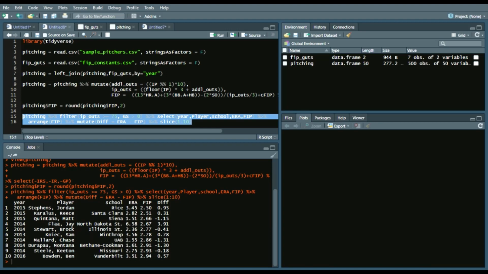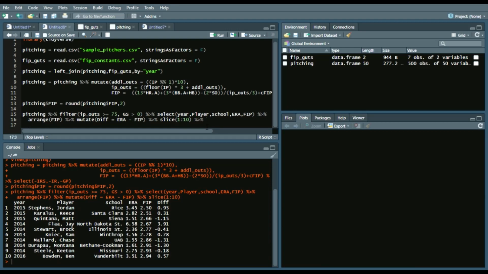And then Jay Flaw with North Dakota State, wow, a 6.58 ERA with a 2.67 FIP, so he was very unlucky that year. And then you can go down the line. But now what we'll do is a ggplot and create a mini little plot to visualize this. So I'll say ggplot,